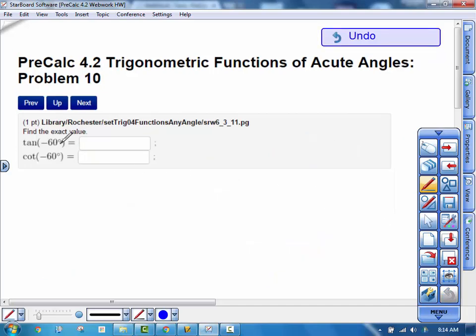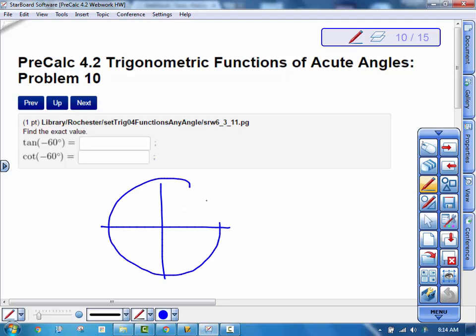The next problem wants the tangent, wants exact values here. Once again, we're always going to draw a circle, draw a picture, or look at our unit circle. We want negative 60, so that's here. And we know the values for that on our unit circle are 1/2, comma, negative square root of 3 over 2. So then you can draw a reference triangle if you want, where you can label this 1/2 and label this negative square root of 3 over 2, and this will be 1 if you want,